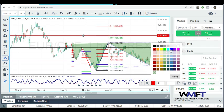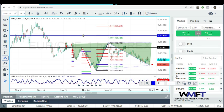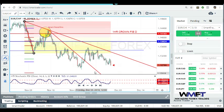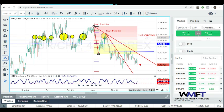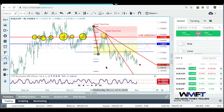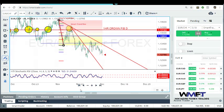Okay, so that changes up the analysis now, because at first that 1618 extension was going to be that 618 extension. Yes, that was going to be a major level of pivot point in the market, with a lot of resistance here, a lot of support, and then you have the market making a lot of pivotal movements at this price range. But since now we have a deeper right tip, now let's see